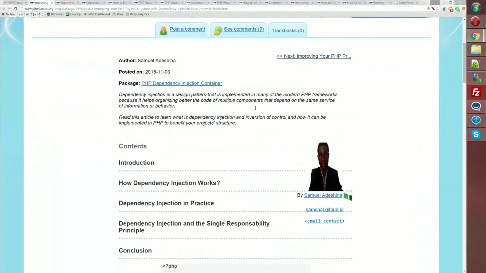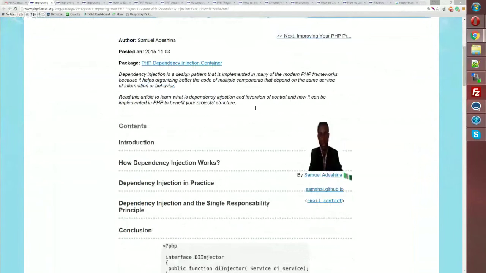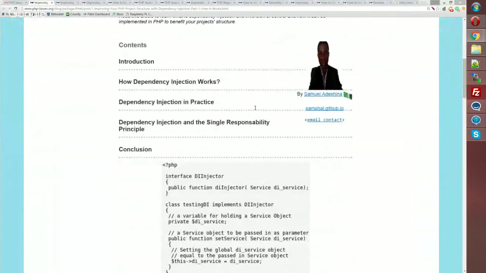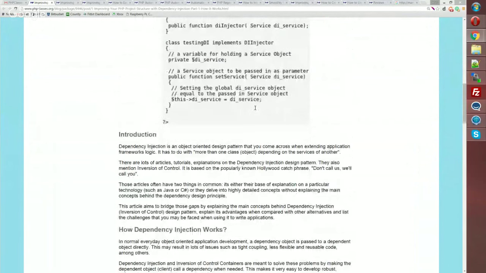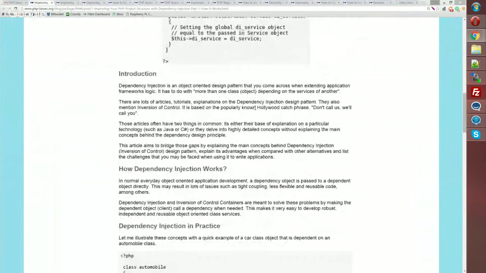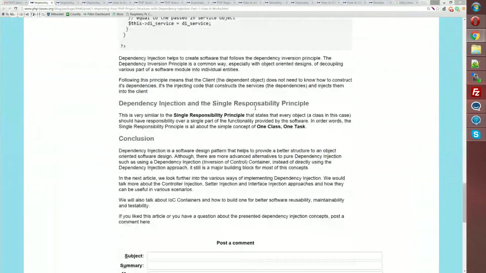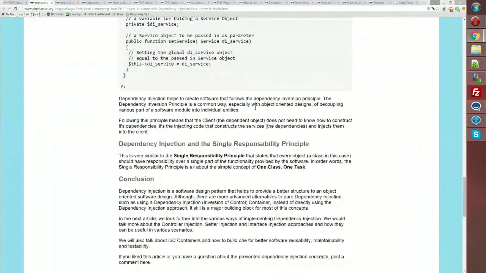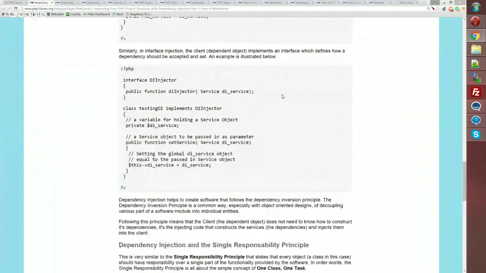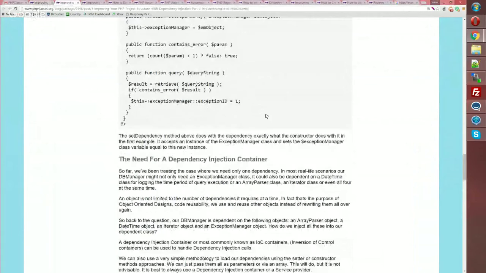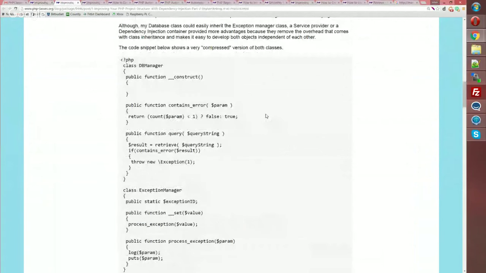The first part describes how dependencies can make your code structure better and what the downsides of using dependencies are, and it describes more thoroughly dependency injection and the single responsibility principle. It has a lot of theory of how it could be done and how it could be achieved. But the best part comes in the second part of the article, which are the real life examples and implementations,